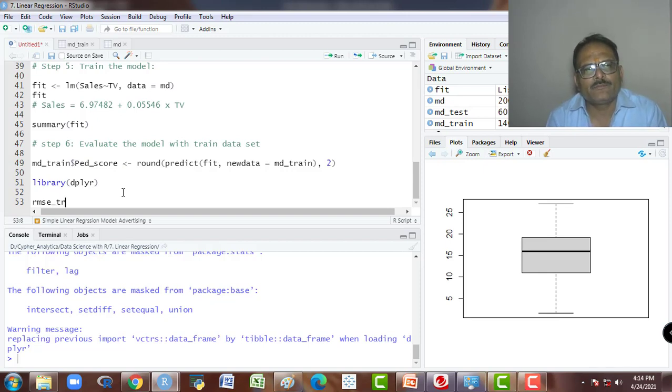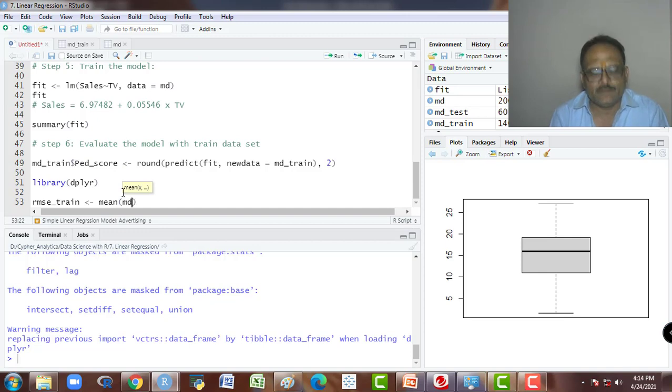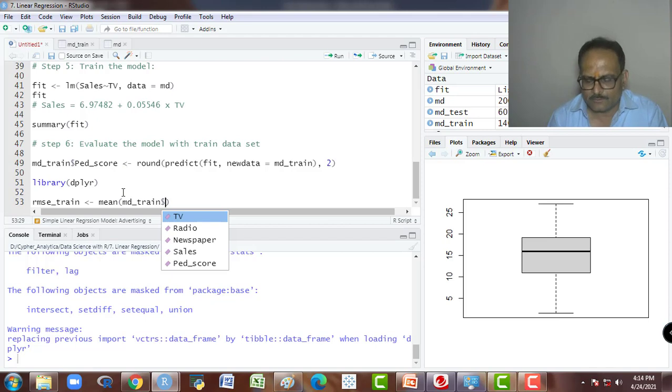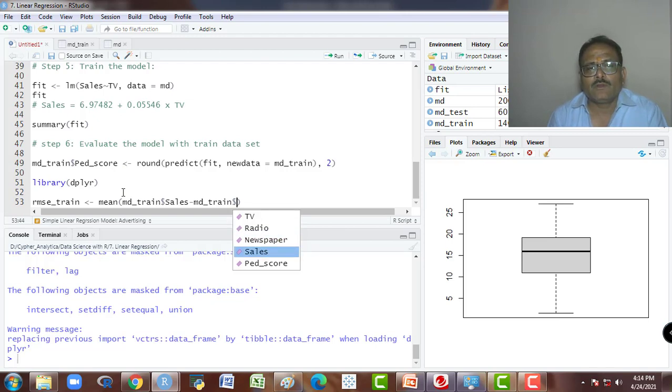So RMSE train, this is the object name I am giving, and a mean of MD underscore train dollar Y minus MD underscore train dollar Y cap.